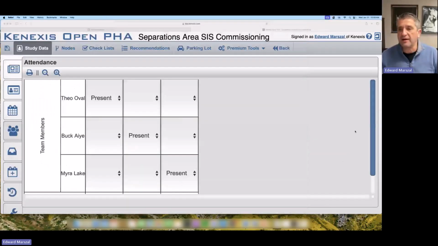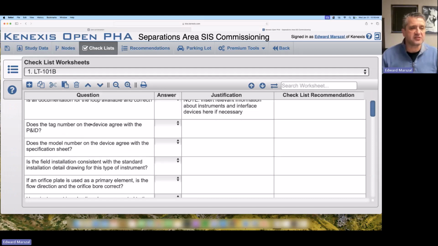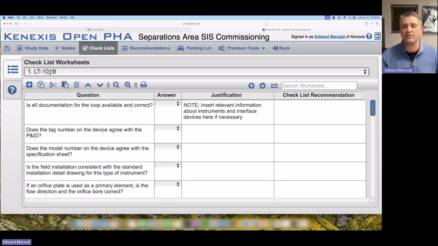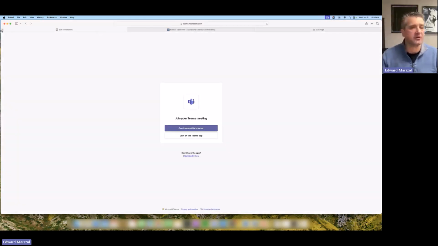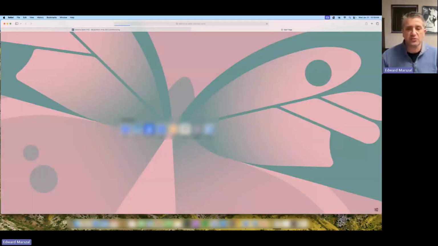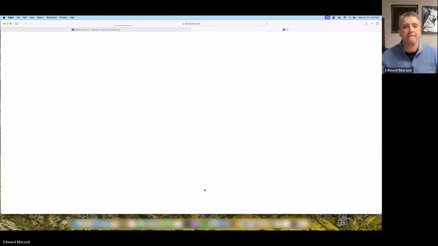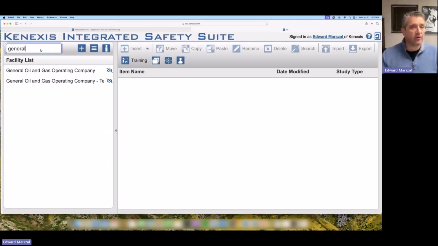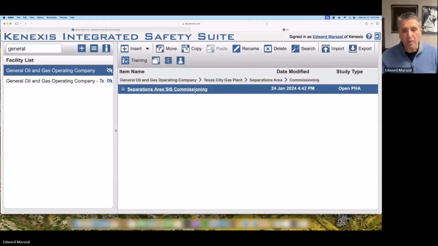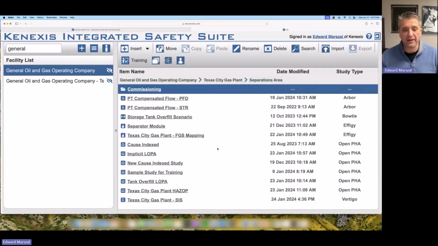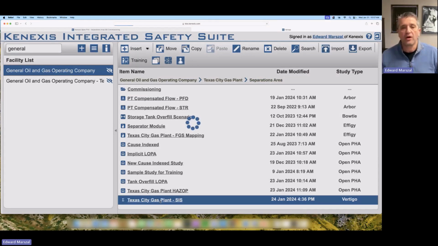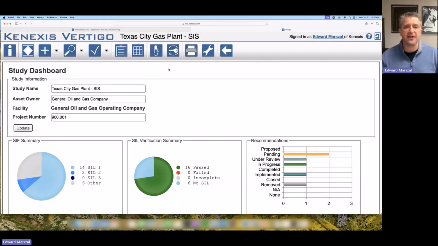So if I escape out of here and go back into my HAZOP software, if I go into checklists, I know that I'm looking at LT101B. What I'm going to do is open up another tab in my web browser. I'm going to connect into KISS one more time, and go into General Oil and Gas Operating Company. But now, instead of looking at the commissioning worksheets, I'm going to actually look at the design using Vertigo. So I'm going to look at the design of the plant,